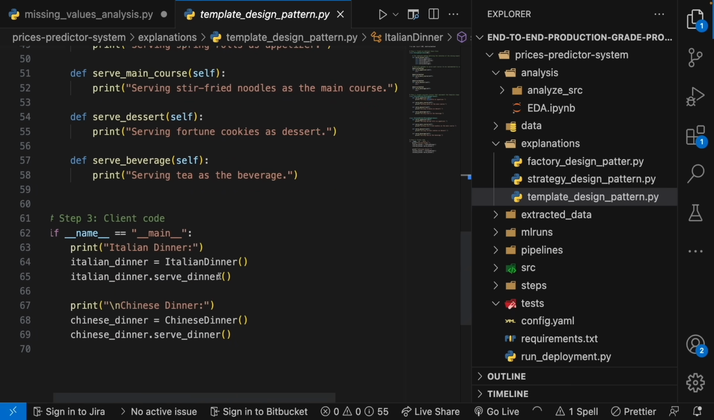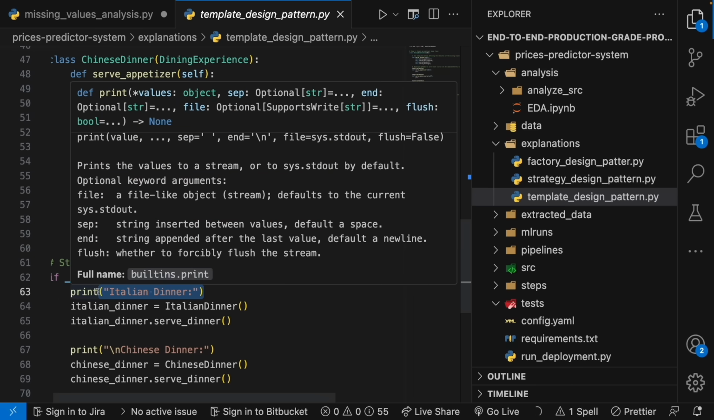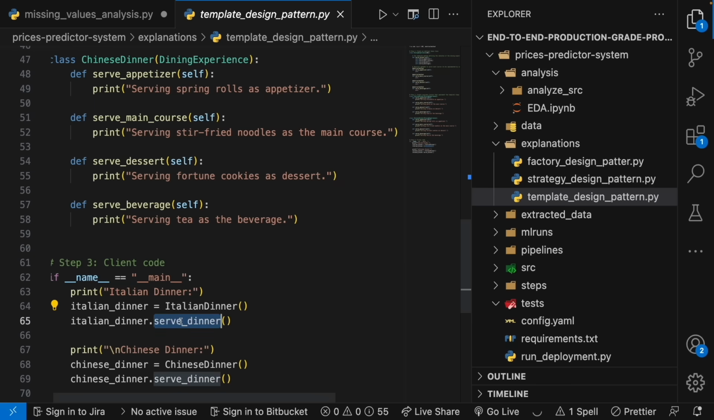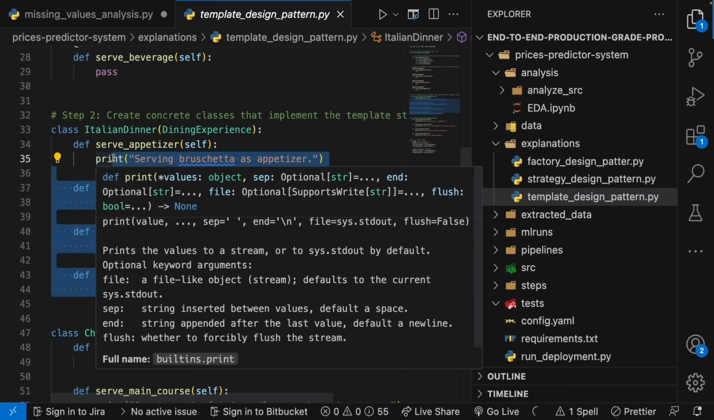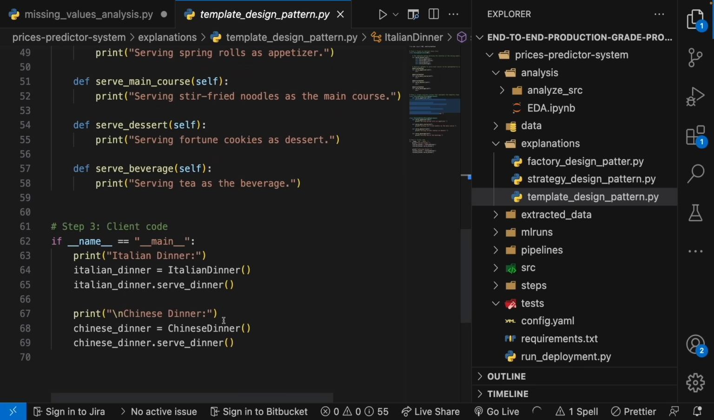This is for Chinese, and then you can simply go ahead with Italian dinner. So this is Italian dinner dot serve dinner. It follows a specific course, right? The same goes with the Chinese dinner out here. So this is known as the template design pattern, which we're going to use in our missing